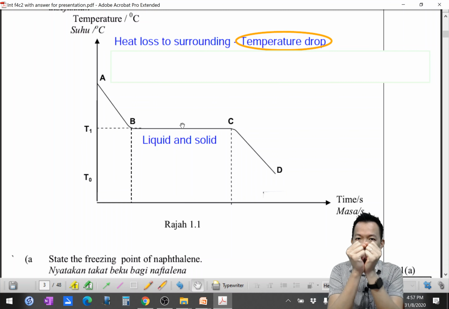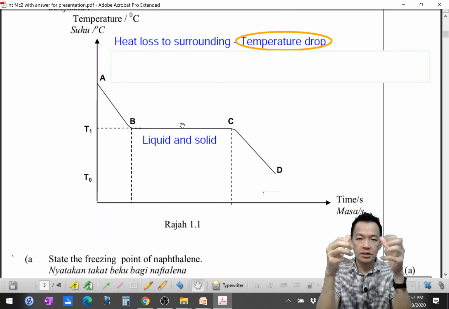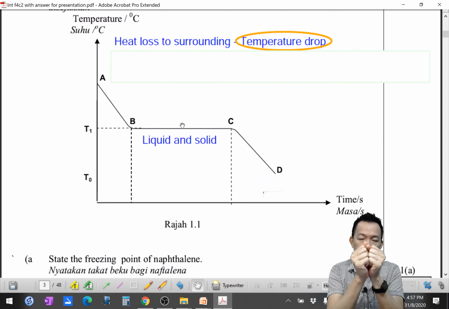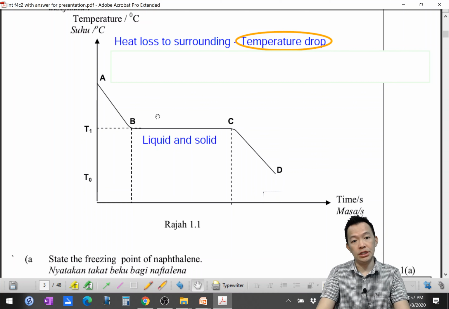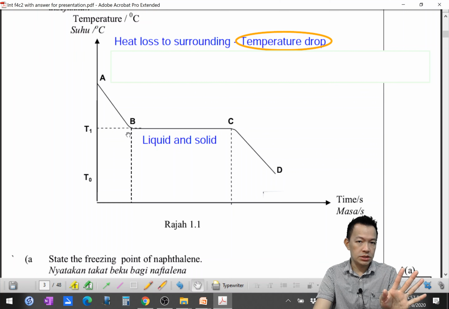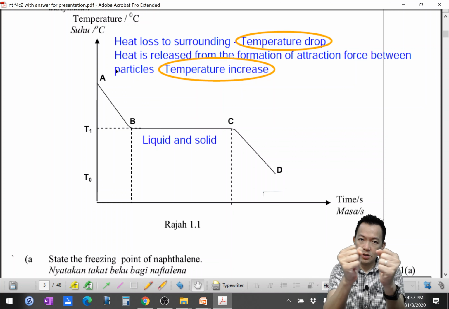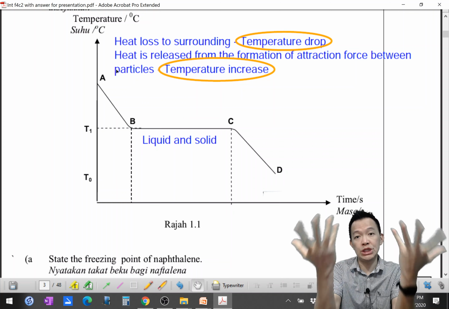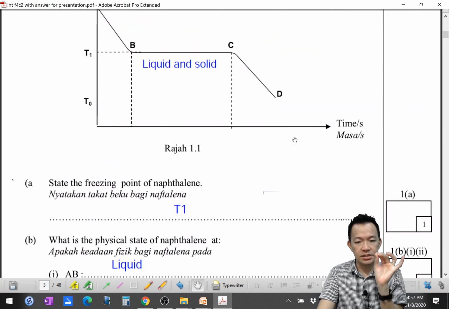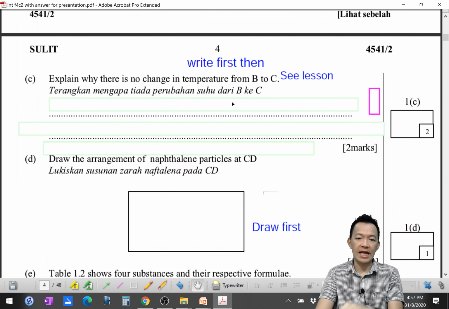So during the freezing process, particles attract together. 它的 particle 粘在一起，绑在一起。When they are attracted together, they release heat energy. 它放出热能，热能一直在流失给周围环境，温度会降低，对不对？不过这时候温度没有降低呢？Simple, because heat energy is released from the formation of the attraction force between the particles. 因为 particle 在凝固结合起来的时候放出热能。So what to do with these two sentences? 这两句怎样变成你的答案呢？